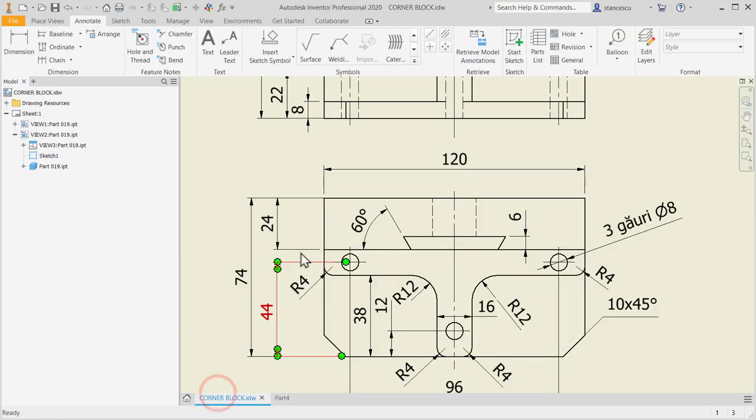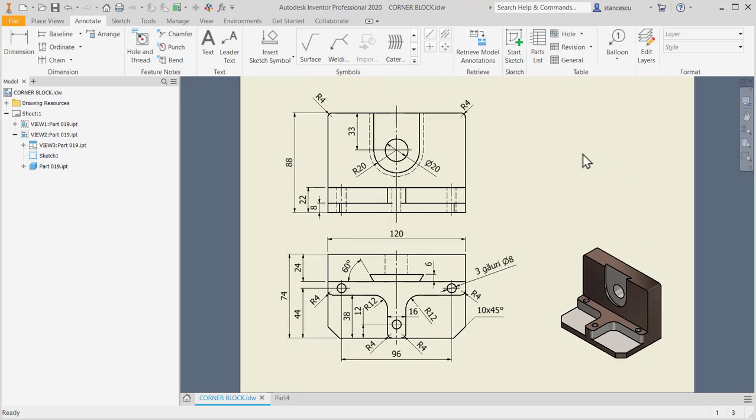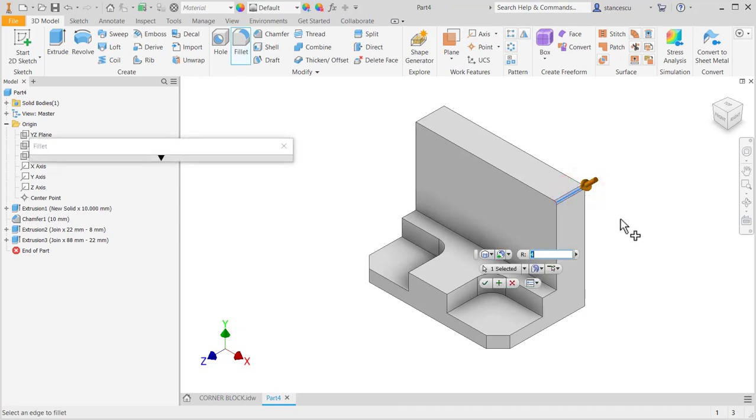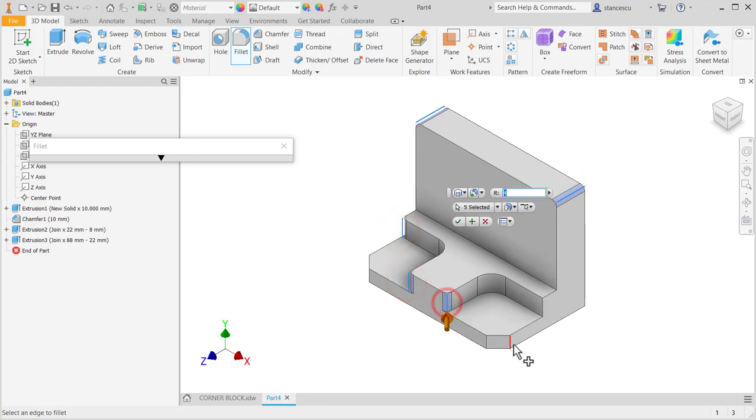Go back to the drawing, home, and we see some fillets are radius 4 on some edges. Let's apply them. This edge is radius of 4, and some others are this one,